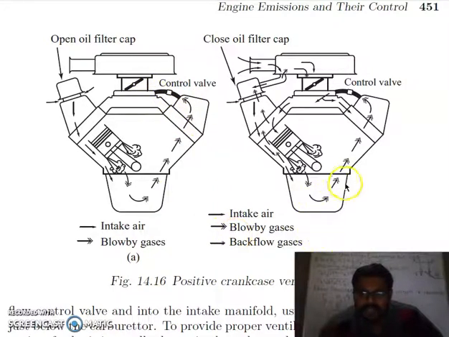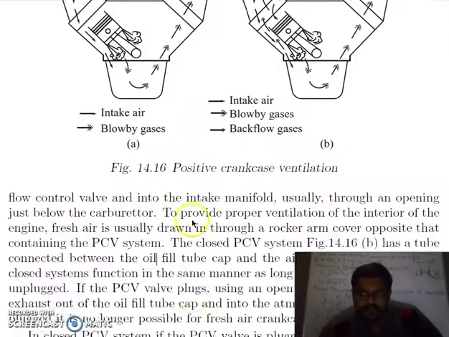In the second case, you have this intake air coming from this side, and this is your blow by gases. They will go to this side and reroute back into the inlet, while some amount of gases can backflow beside this here, and they will again re-enter into the recirculated.